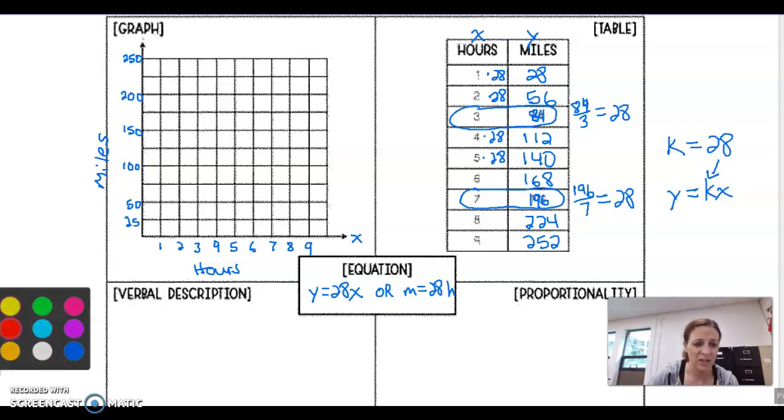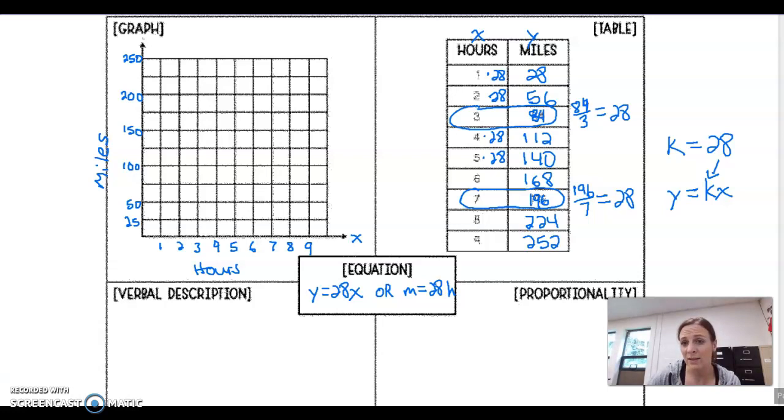Okay, and then I'll change colors here. I'm just going to plot these points, because remember, we can think of this as 1 and 28 and 2 and 56, because we have our x and our y coordinate. So 1 at 28, there's not exactly 28 here, so you just kind of got to approximate it. 256, 384, so that's 75. 84 would be somewhere in there. 4, 112,